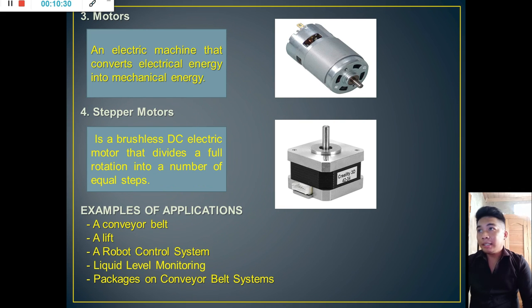The motor is an electrical machine that converts electrical energy into mechanical energy. So this particular one is a DC motor. So we already know what a DC motor is. A stepper motor is a brushless electric motor that divides a full rotation into a number of equal steps. So this particular one is very controllable. Examples of the application: a conveyor belt, a lift, a robot control system, liquid level monitoring, packaging on a conveyor belt